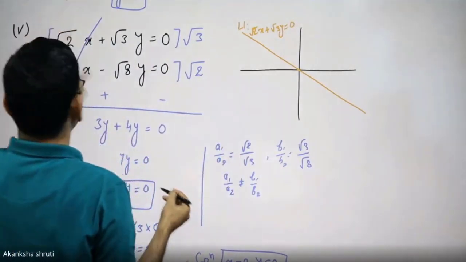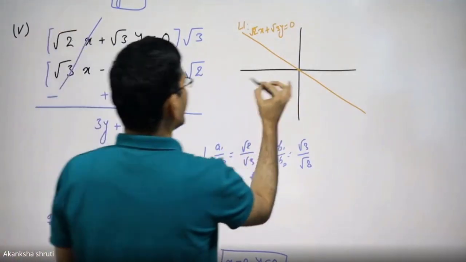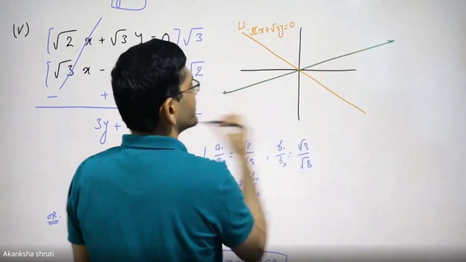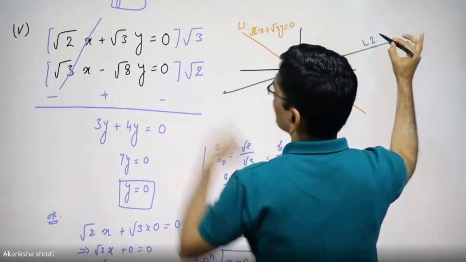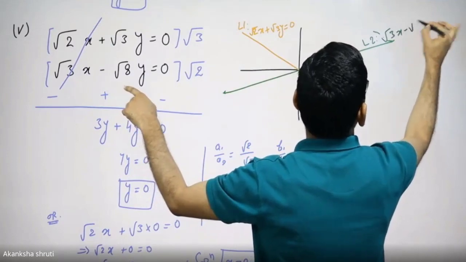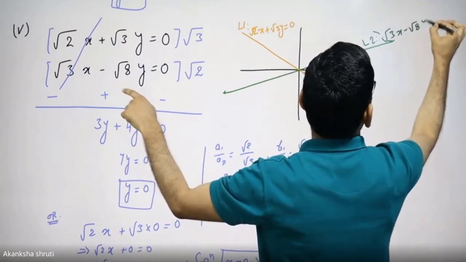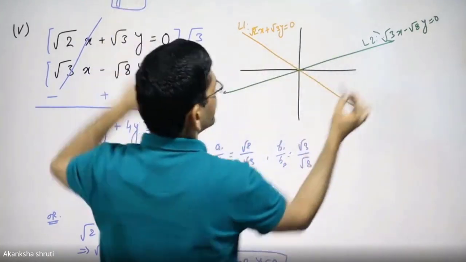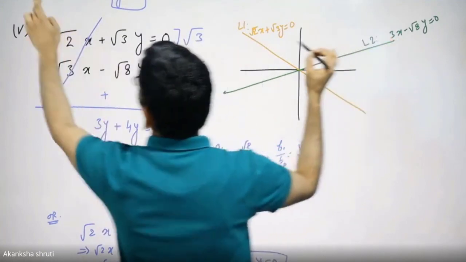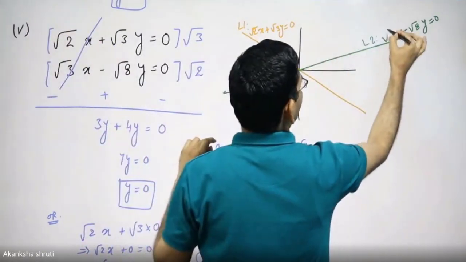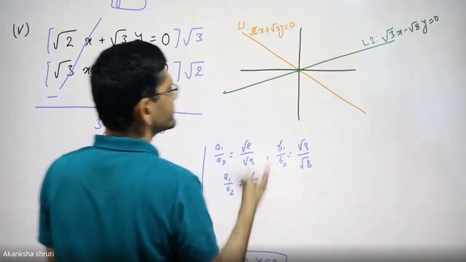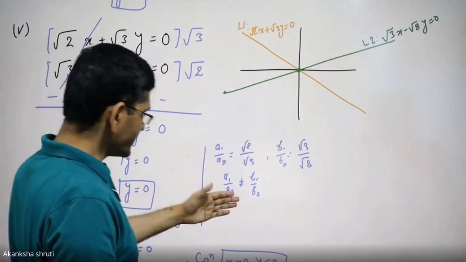यदि आप स्टूडेंट सेकेंड इक्वेशन का ग्राफ ड्रॉ करेंगे तो आप देखेंगे ये लाइन आपको ऐसा मिलेगा। This will be the graph for line 2 or equation 2, which is root of 3x minus root of 8y is equal to 0. आप ये देखेंगे कि ये दोनों ही ग्राफ एक दूसरे को ओरिजिन पे ही कट कर रहे हैं। ओके ना, तो देयरफॉर दिस विल बी द सॉल्यूशन। तो देखिए इसका ग्राफ देखिए, ये देखिए और ये देखिए, ऑल